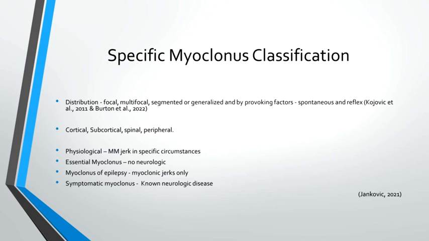There are other ways to classify them as well. So they talk about physiological. These are your muscle jerks under very specific circumstances. So again, just an arm jerking. These could be full torso. Essential myoclonus actually has no neurological deficits with it. So you need to be able to determine if there's any sort of post-ictal phase with this, or if